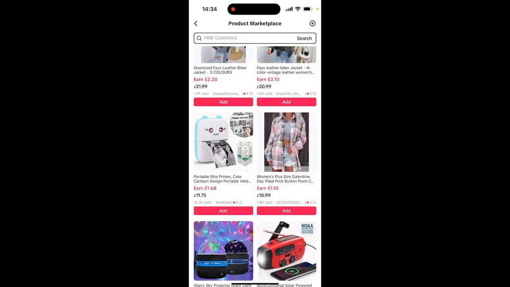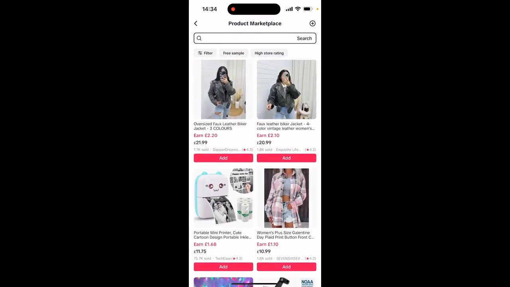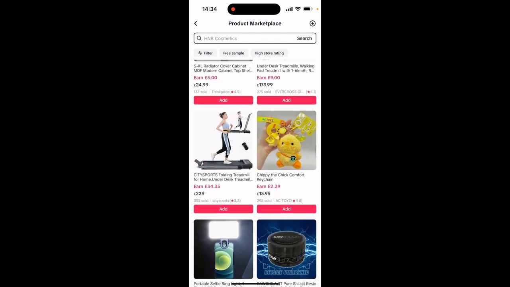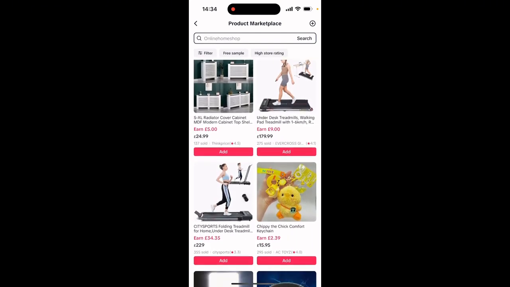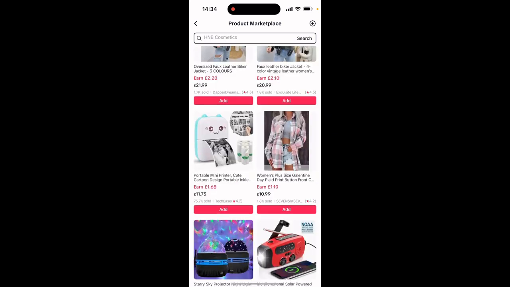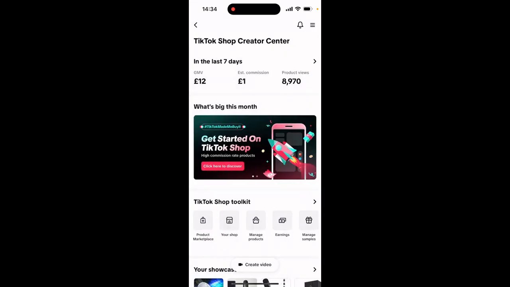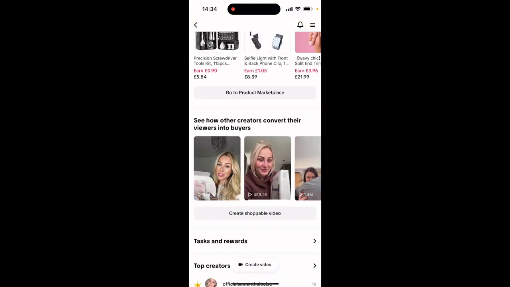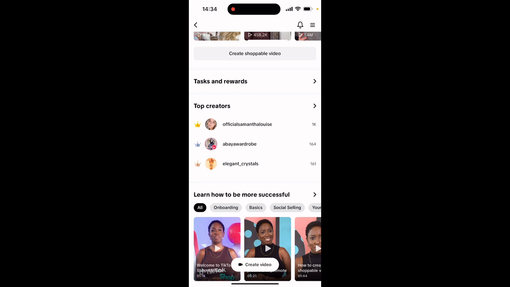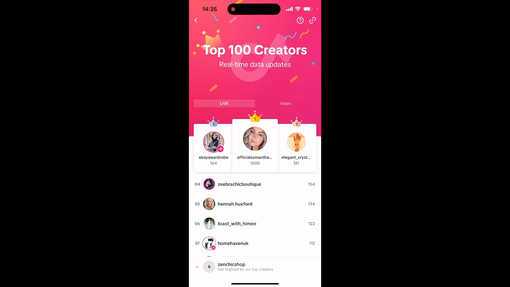Another way to check how much people are making is, once you've signed up, you'll see that the TikTok Shop product marketplace gives you an idea of how much commission each product generates. And something really useful here is you can see creator leaderboards, and you can work out based on that how much people are making off these products. Like on here, for example, if I go right down to the bottom, you can see there's an option to view top creators. So if I click on that,